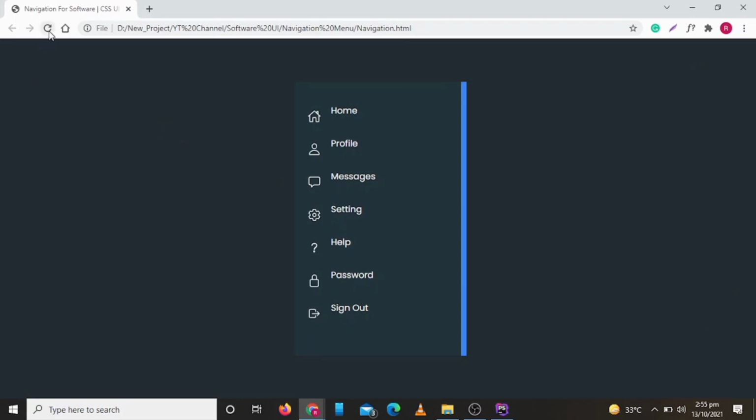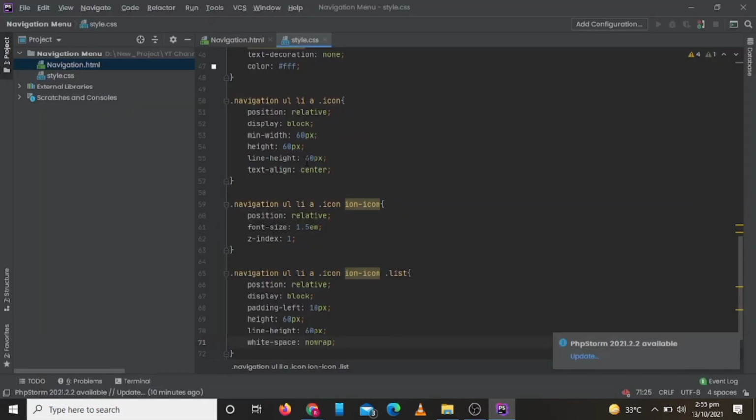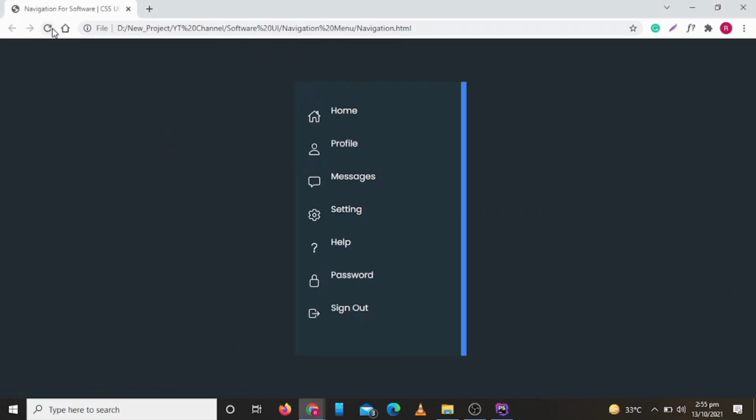So let's check now. So it is looking good, but our icon and title are not aligned correctly. So let's check why it is not aligning.